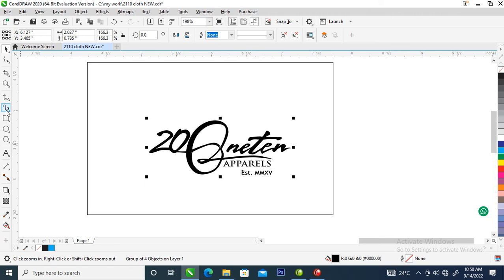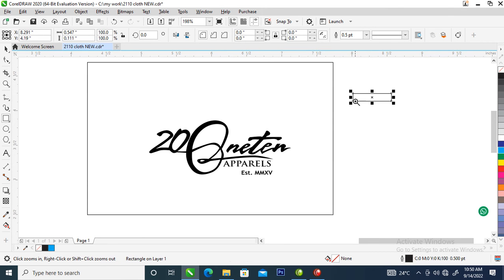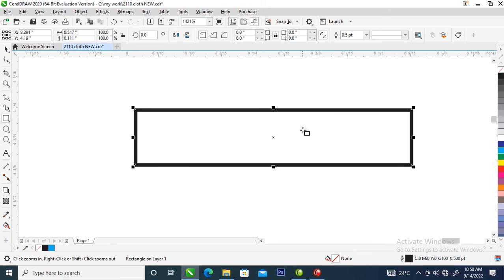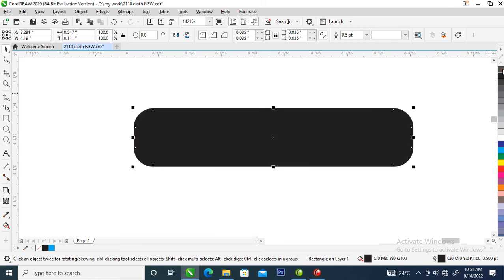So what we are going to do right now is to go over and create, hit on the rectangular tool and create your tiny box just like so. So right now what you are going to do is to go over to select your shape tool, then you just drag from the tip edge of that. Good, just like that. Let's change it to black. Right click